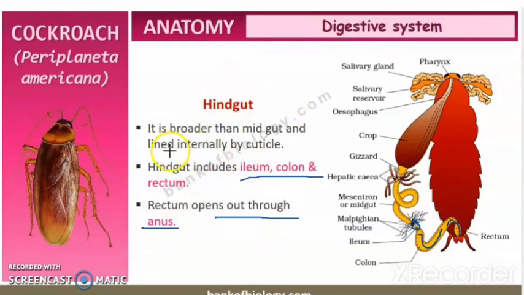So you can see it here, children. Here it has been internally lined by cuticle, but in the midgut also we don't see cuticle, but in